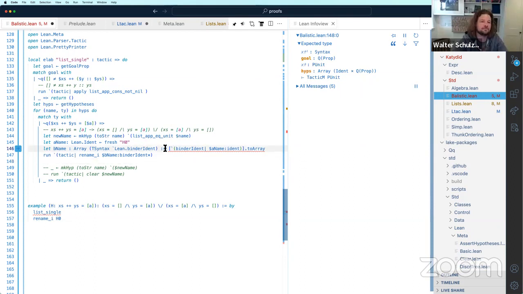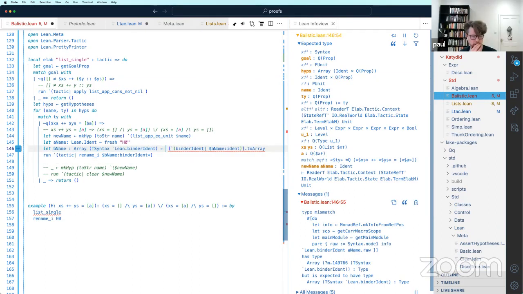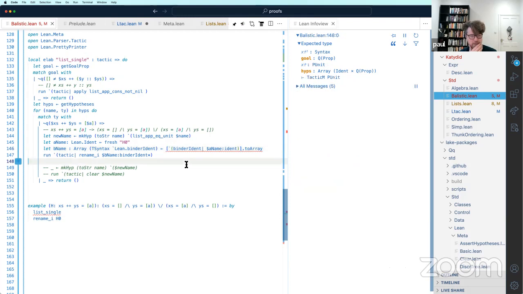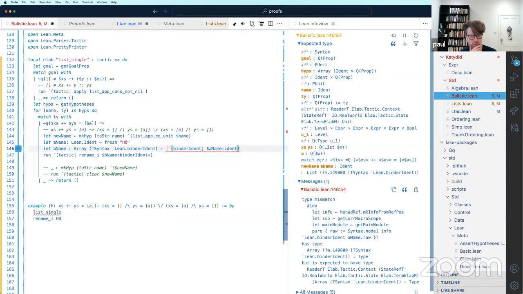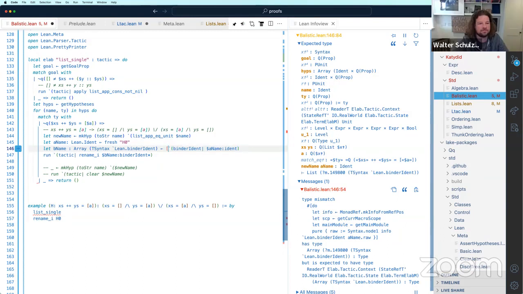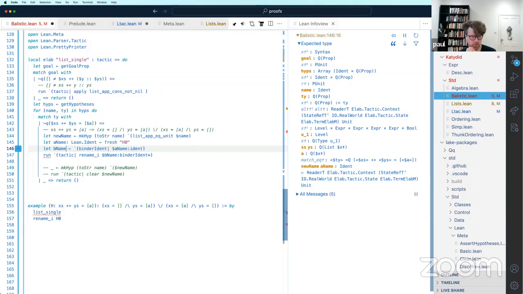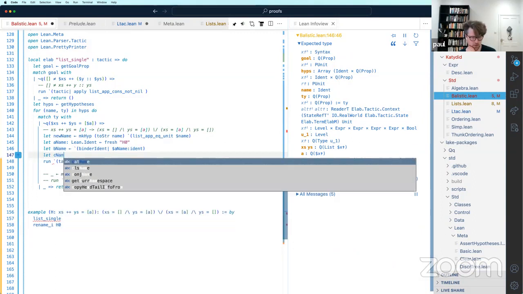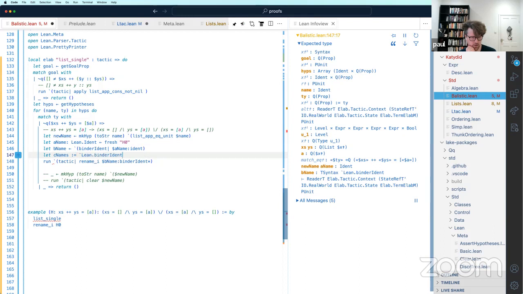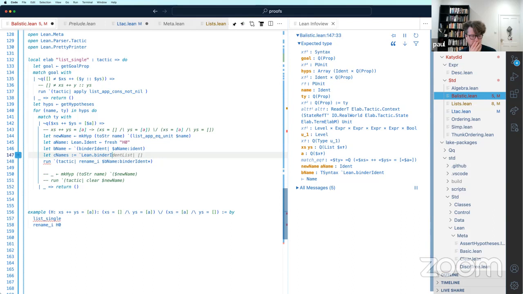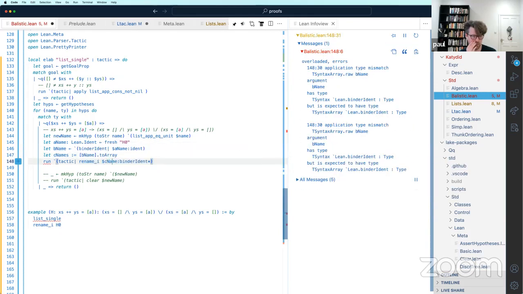B name back arrow, and then we stuff it in an array. But we put it in the array afterwards, I think. We put that in a list, sorry, and then to array. And C names.